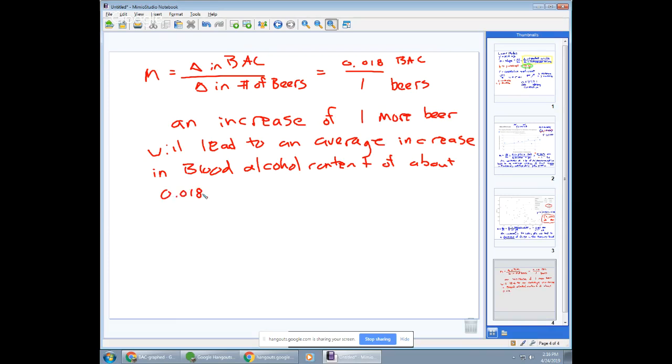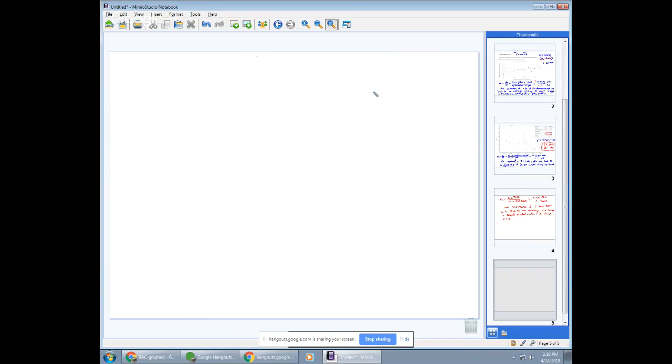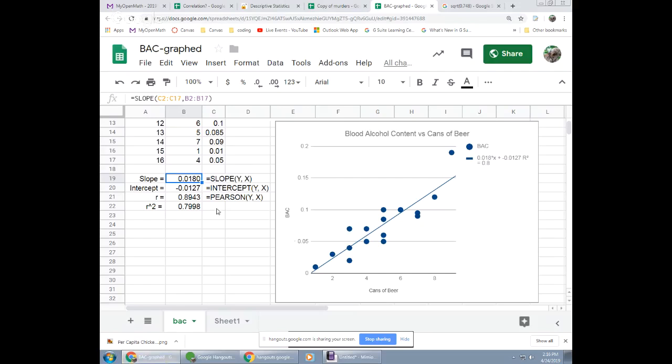All right, so for every additional beer you drink, you should expect your blood alcohol content to increase by 0.018. As far as the y-intercept here, if we went to interpret that, it would be the 0.0 for beers